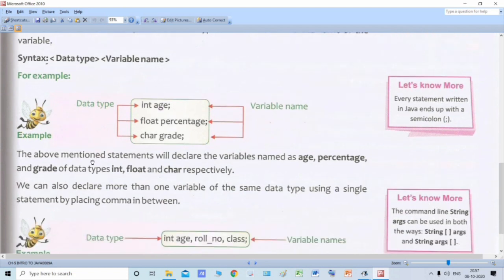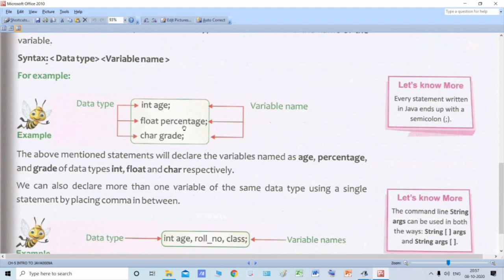Now students, in the above mentioned statements, if you use these three statements in your Java program, then they will declare the variable names age, percentage, and grade of the given data types. So what they have actually done is declare three variables.